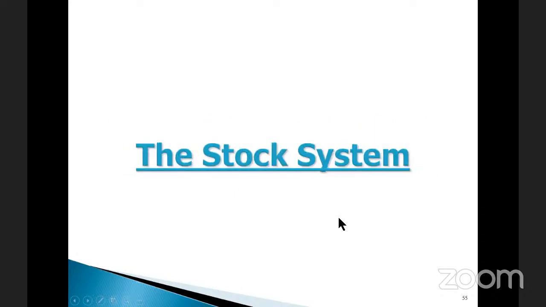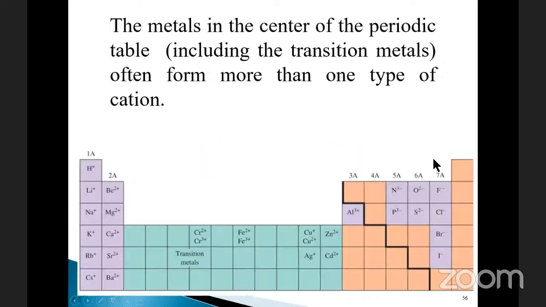So in order for us to know how to name these compounds, I'm going to introduce to you the stock system of naming them, and then the other system, which is the classical system. So in the case of the stock system, what we do is that for elements such as chromium or iron or copper that can display more than one charge, as you can see here, what we do is that